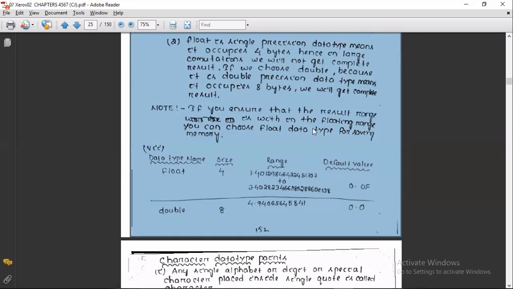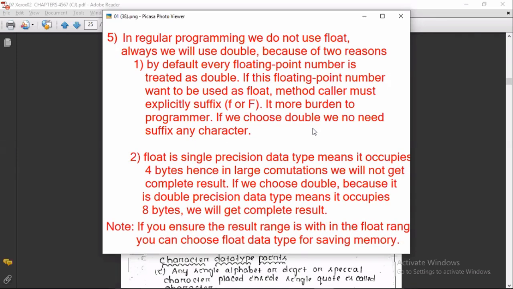Now I have a question. Tell me, in projects, in regular programming, will we use float? No. In regular programming, to store a floating point number, we will use double. Why? If you use the float data type, every time you must suffix with small f or capital F. It is a burden to the programmer who calls your method.